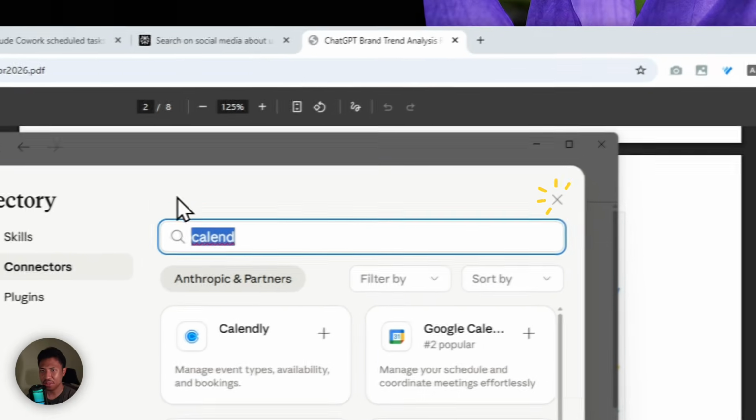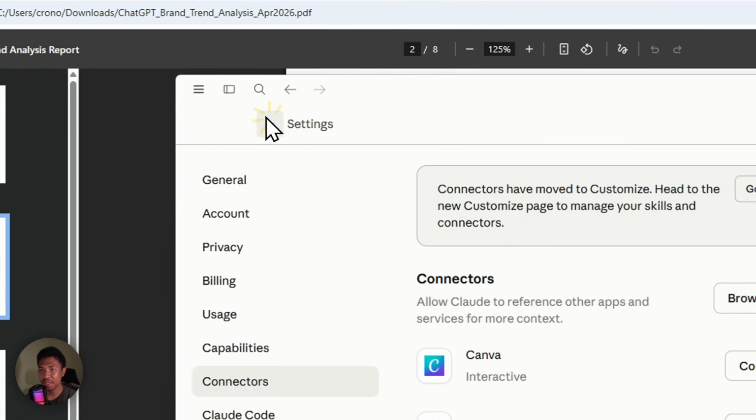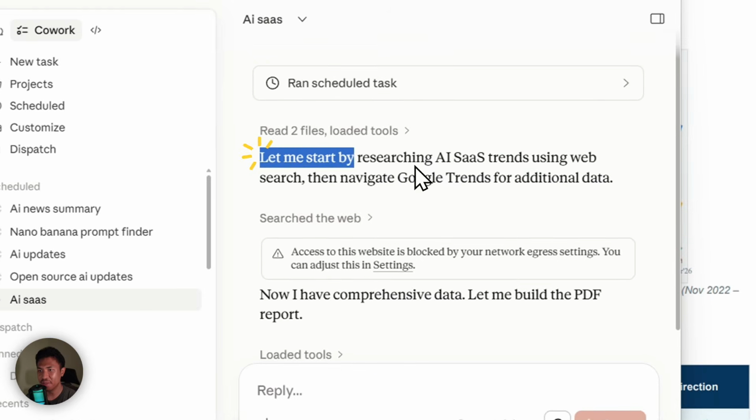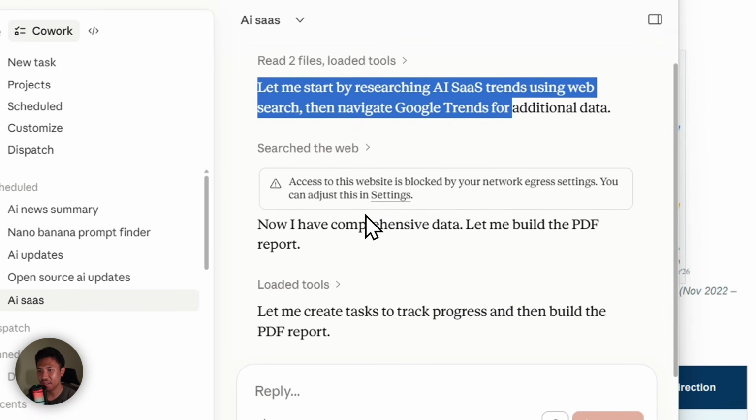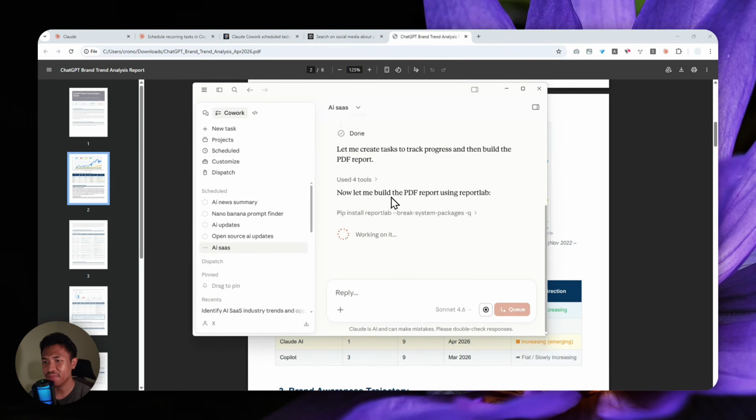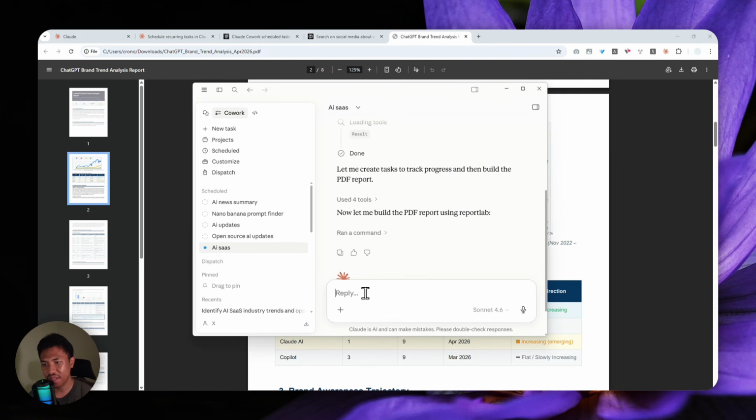But anyway, let me just go back. Apparently it is not starting. Let me check it again. So let me see. Okay, let me start by searching AI. Access to website is not running. Okay, that is kind of strange. Let me just stop it again, and I want AI to please use Google Chrome and visit Google Trends to